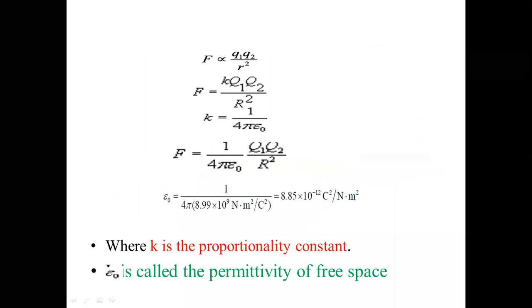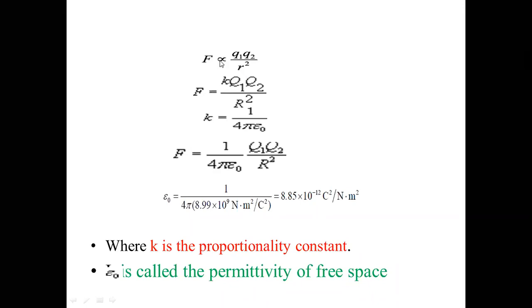Now, this is the mathematical equation of Coulomb's law. As I already told you, if there are two point charges Q1 and Q2, then the force between them is denoted by the notation F. Q1 and Q2 are the two charges. So this force is directly proportional to the product of the magnitudes of these charges, Q1 into Q2, and inversely proportional to the square of the distance between them. Please write it down.